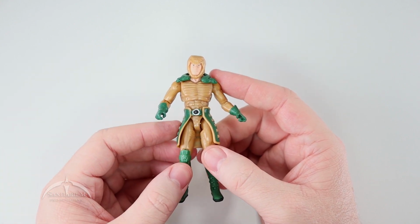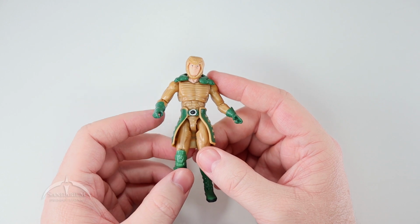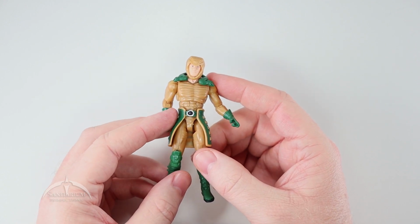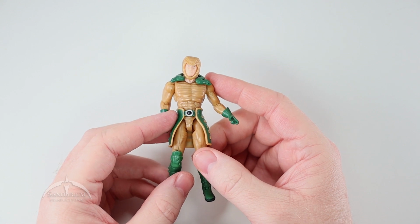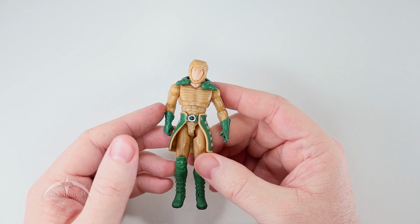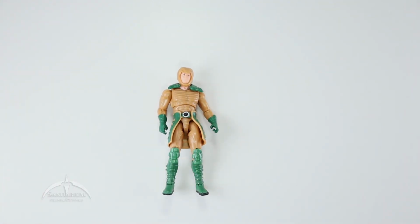But it was as part of the Pyramid of Darkness DVD battle set, the one that came with Dusty and the skeleton guy. But anyways, in my opinion, that's a better figure. But this is the one that comes with the set, and it's not really a bad figure. It's just